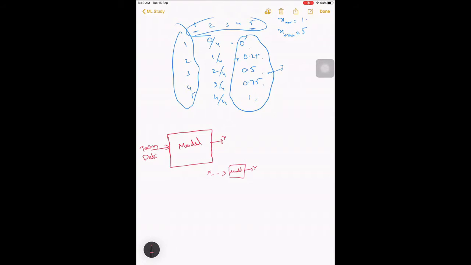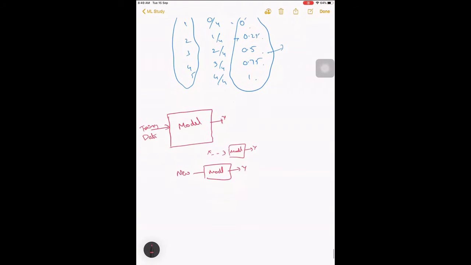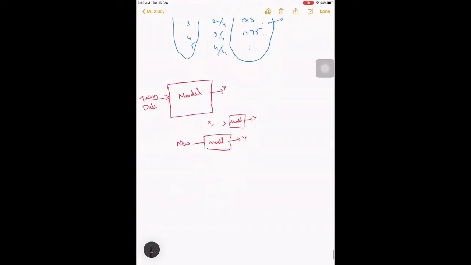X comma Y. So for new data, we use this model, which is already trained, and we get Y. Now in case of multivariable regression, we have the training data.